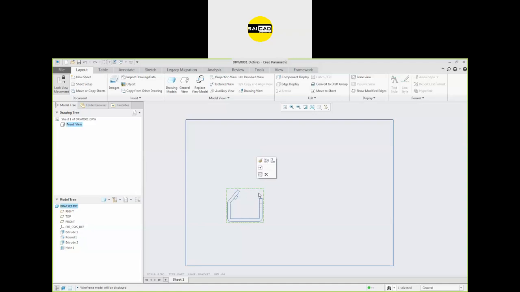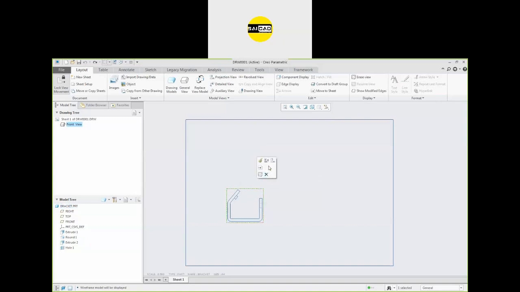Okay. So how to create its projection. If you click on it, we have the flyout menu. You can see we have a projection view option here. We have a display of annotation like dimensions, and we can edit the properties right here. Okay. So just select, you will get all the options here. Okay. Erase view means delete, not going to erase this one. And move to other sheet will be covered in the next page, and we have the multiple.